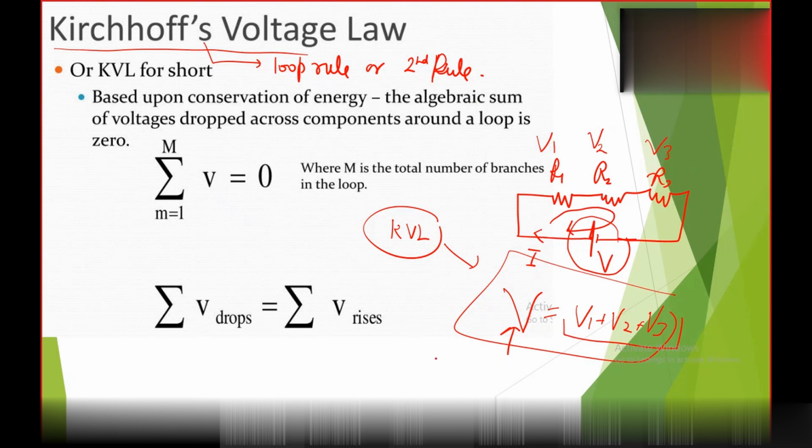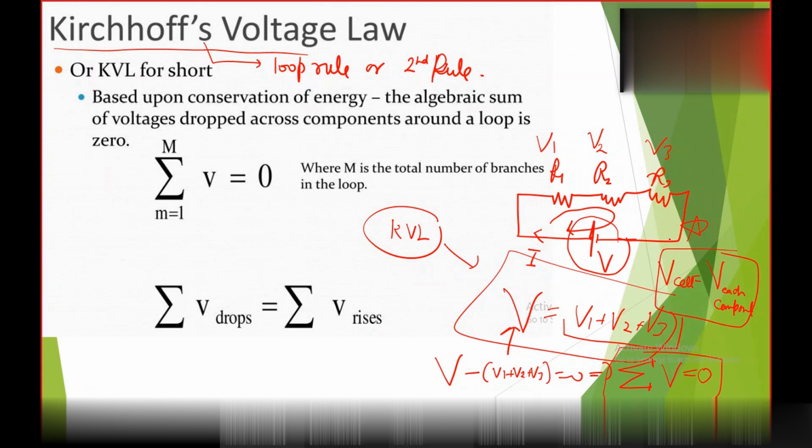We can also say that V minus V1 minus V2 minus V3 is equal to 0. So we can say that the summation of all the potential drops, whether across the terminal of the cell or across components, the net potential will be equal to 0. You can also say that the potential across the cell will be equal to the potential across each component. ये सब किरचॉफ लॉ की अलग अलग फॉर्म है KVL की. So V cell will be equal to potential across each component.